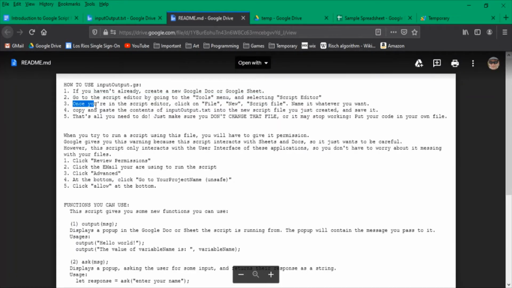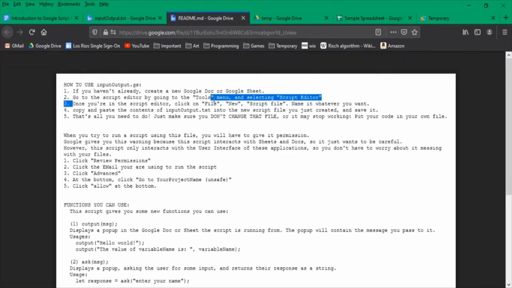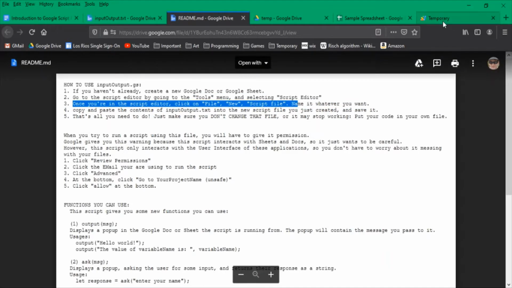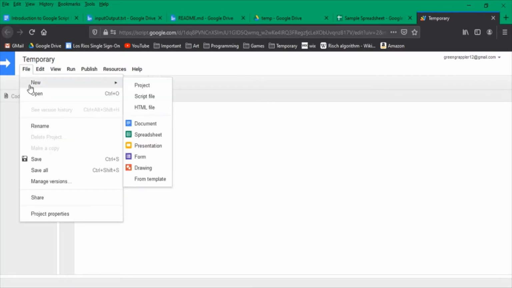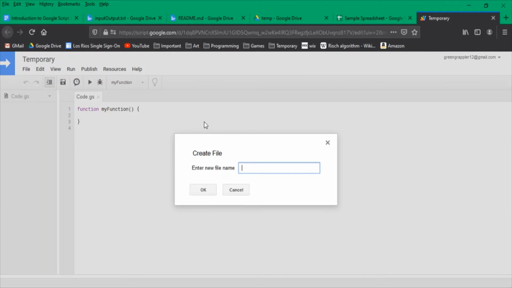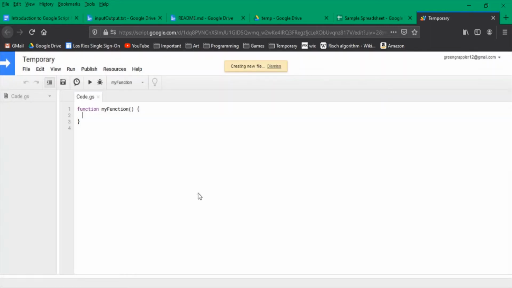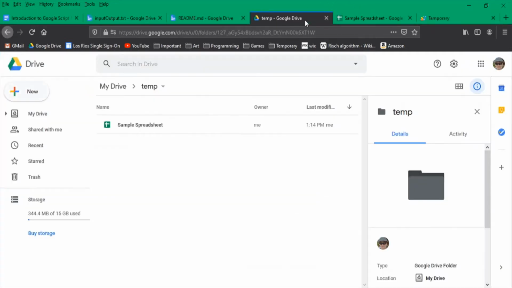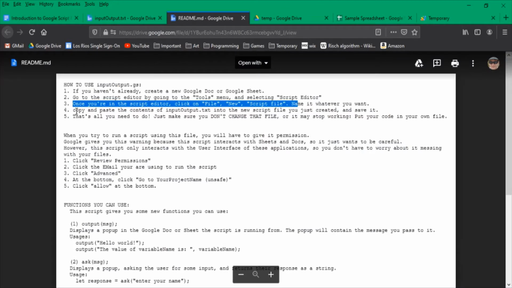Number 3, once you are in the script editor, click on File, New, Script File. So I'm going to go File, New, Script File, and I'm just going to name it Input, Output, not output. So now this is where you are going to put my module, the code that I have written. So going back to the README, copy and paste the contents of